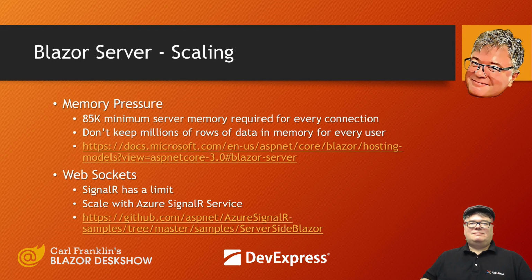And so that sort of takes it out of the equation. It's also good if you're doing a cluster, because now that SignalR service can keep up with each client no matter where they are. There's a URL to a nice little GitHub document